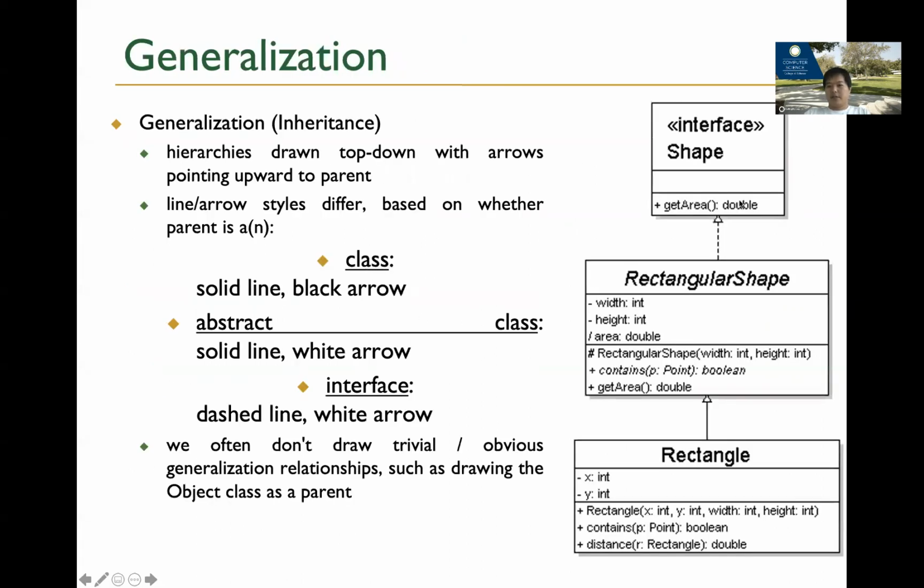Generalization is more commonly used in object-oriented design because it's all about OOP. You have the inheritance feature, you reuse. So you basically have this up-pointing arrow to specify your parent class, and then this is the subclass, and this is another subclass after that level.